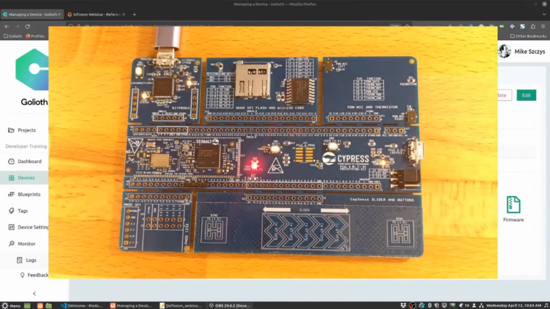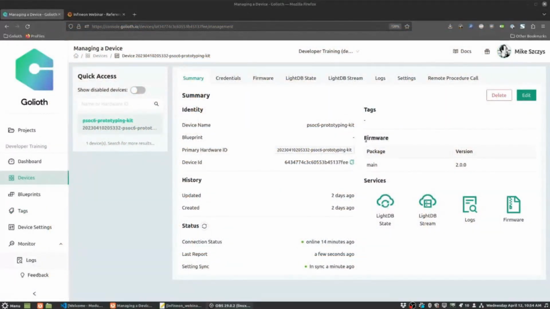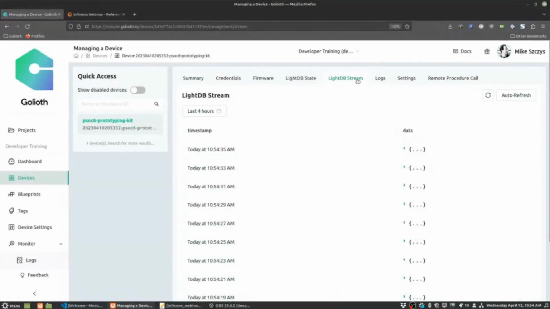to the cloud. So if we look at Golioth right now, this is our web console. This is a digital representation of that device. And so we can look here, get a status update to see that it's been online for 14 minutes. A few seconds ago, it reported in. We can see what firmware it's running. There's some other data available here, and along these tabs we kind of unlock the power of Golioth as we